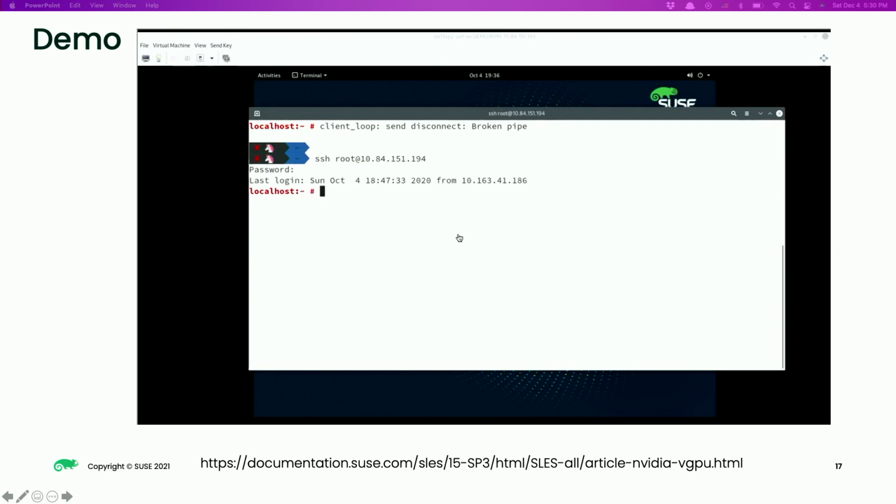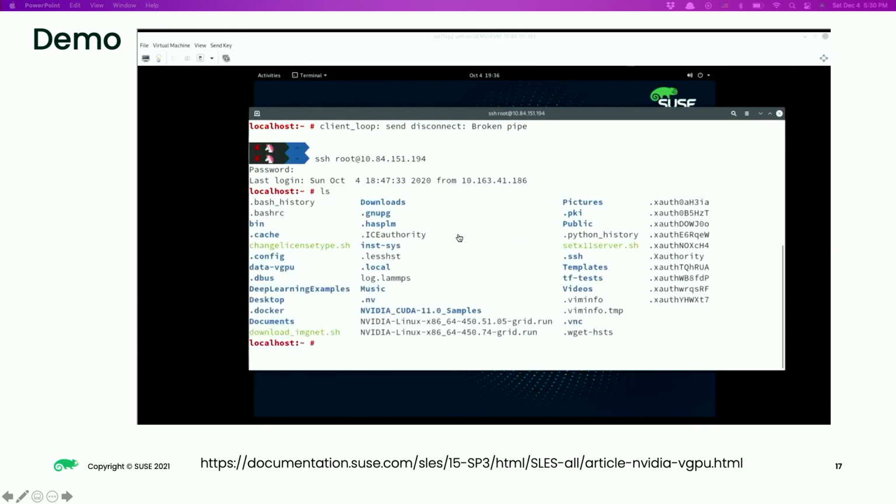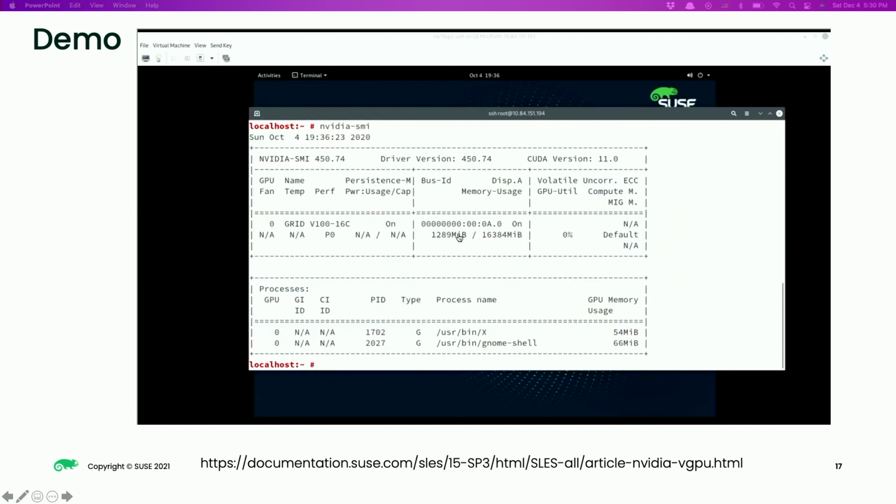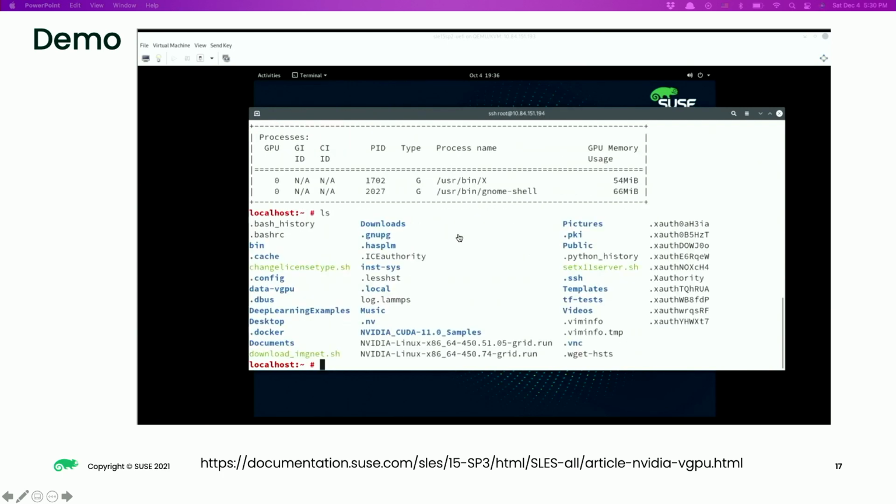So here, I'm already inside the guest VM. And we also run the nvidia-smi status check. It's all there.